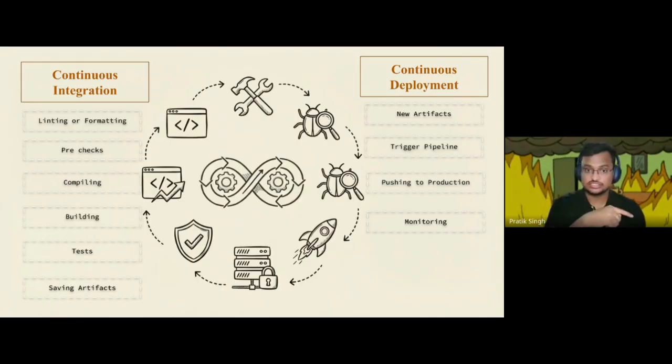Once the artifacts of the continuous CI end job that we saw are in store, there are new versions of the software available. Then continuous deployment kicks in. It detects that yes, there are new artifacts. It triggers a pipeline. It triggers a workflow. In a very simple example, it pushes these new installs onto, suppose, your Google Play or your Apple Store.